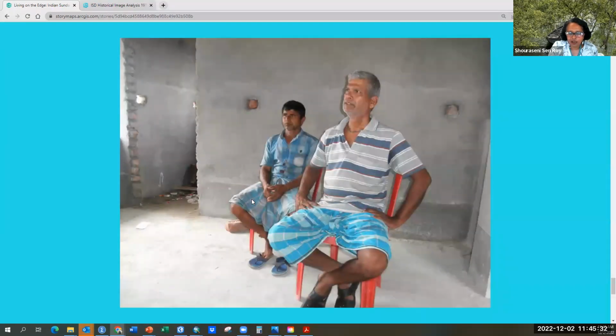And these are some of the farmers who were talking about how they don't have enough support from the government, because even though the government gave them some relief, they still can't do agriculture, and the amount of relief they get from the government is not enough for them to survive without doing any agriculture for two to three years.